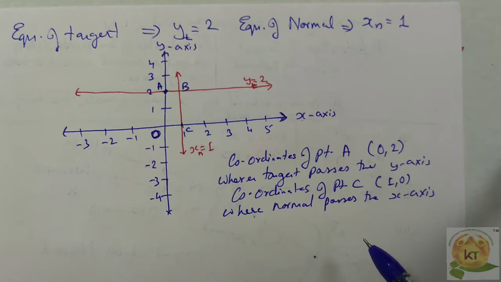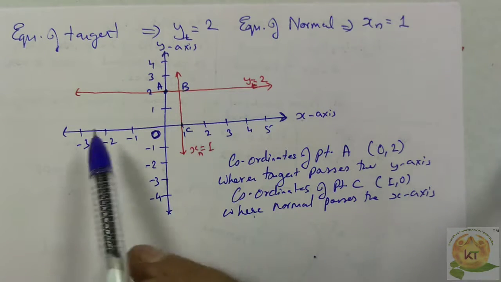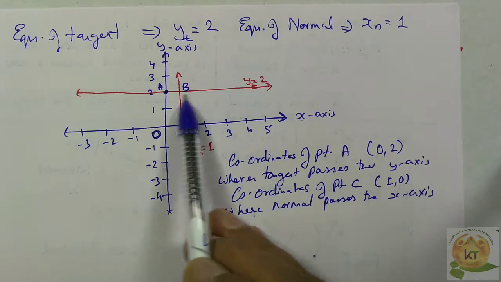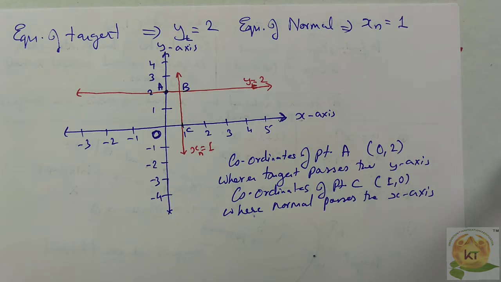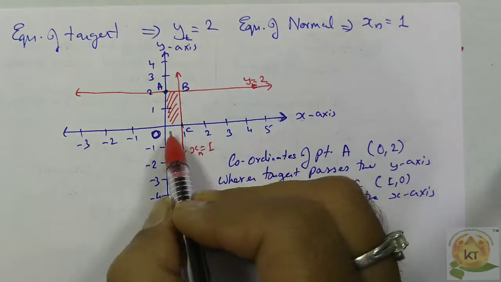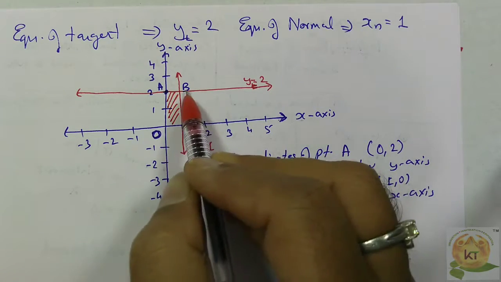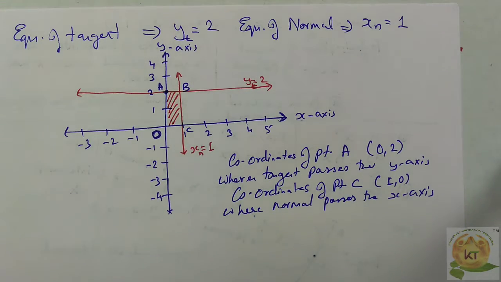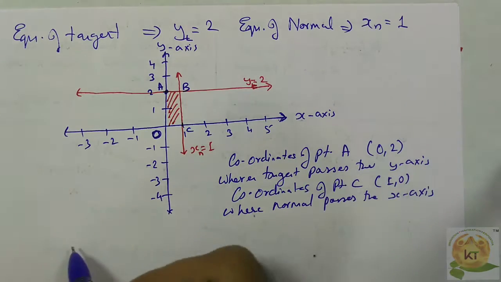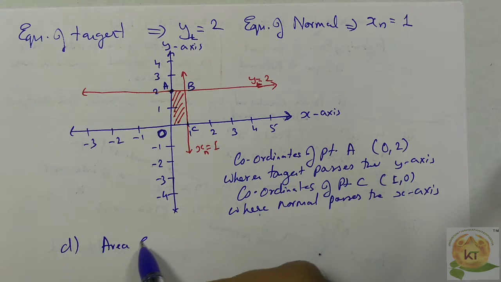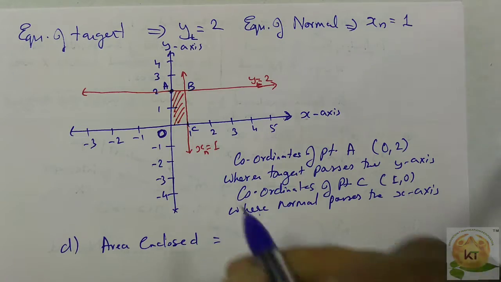And finally, the question is asking, find the area enclosed by the x-axis, the y-axis, the tangent and the normal. And from the figure it's very clear that this is the area which is enclosed by the x-axis, y-axis, the tangent and the normal, and I'm expected to find out the area of this particular figure, which is very, very simple. So I can write my last part of the question, that area enclosed is nothing but, this is kind